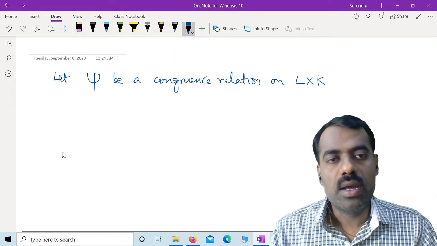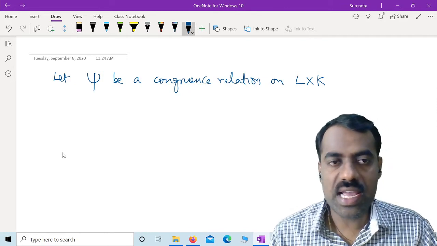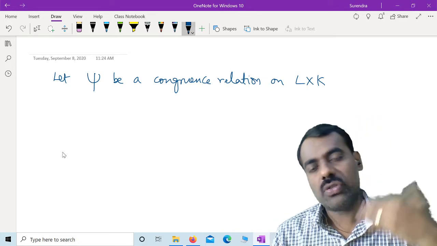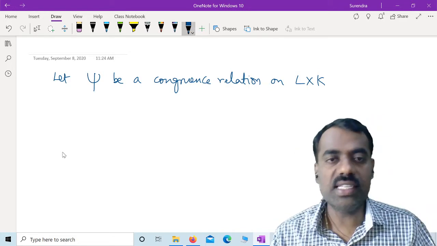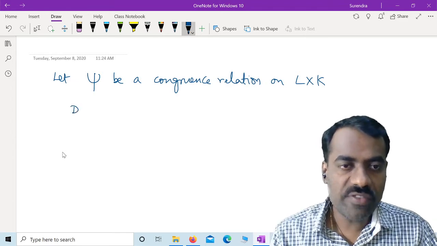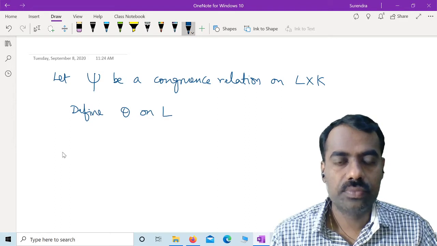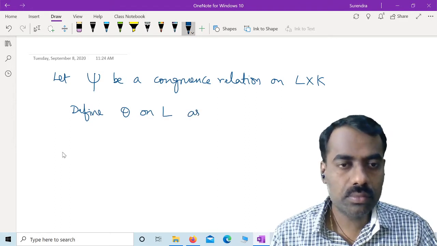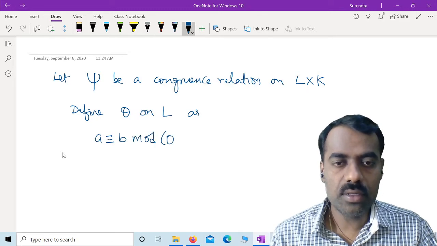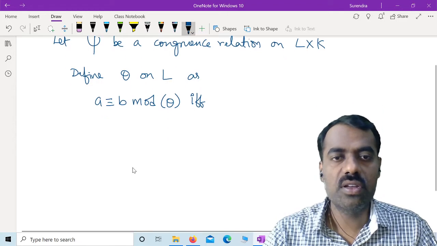So based on this, we want to define some relation theta on L and some relation phi on K, and we want to make sure that they are congruence relations and psi is equal to theta cross phi. So define theta on L as: A is congruent to B modulo theta